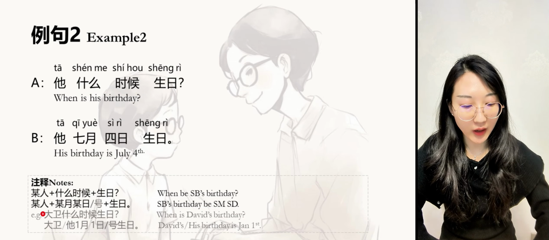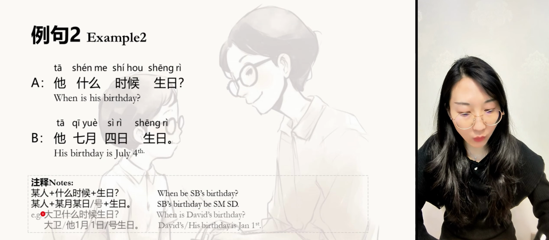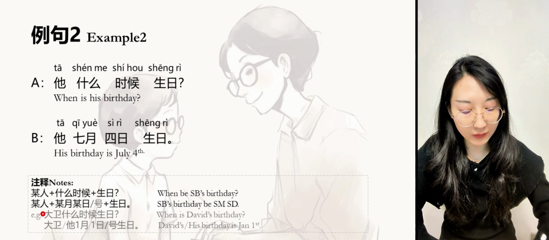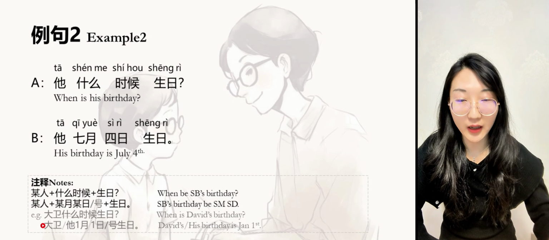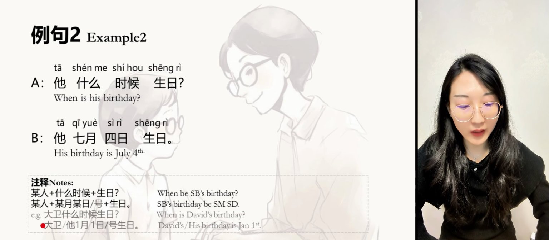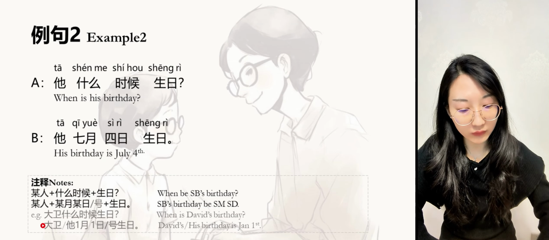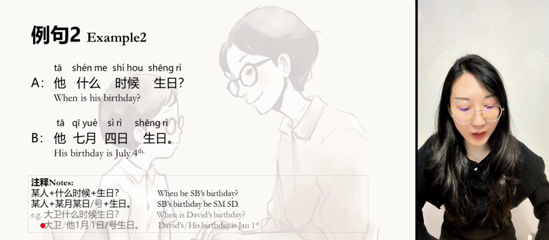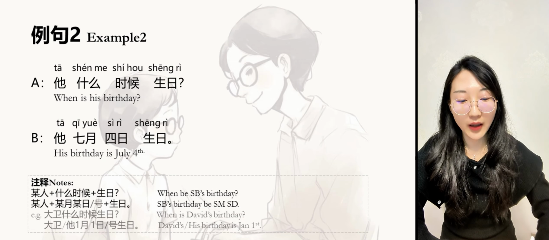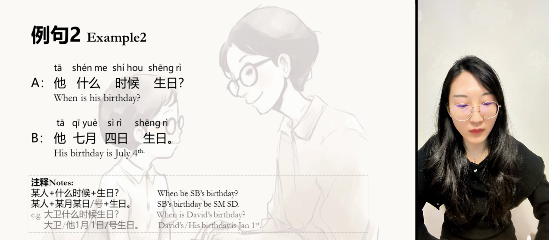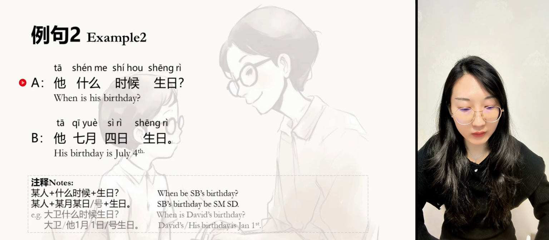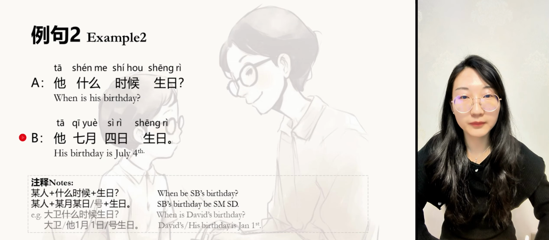So for example, when is David's birthday? 大卫什么时候生日？And for example, his birthday is on January 1st. 大卫1月1日生日。Or 他1月1号生日。And let's read the example sentence again. 他什么时候生日？他7月4日生日。